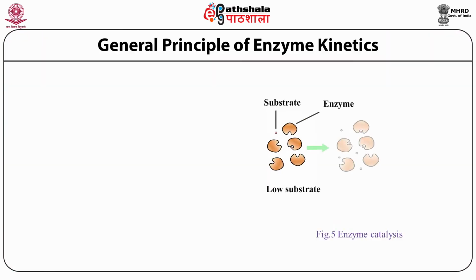As long as the substrate concentration is small enough with respect to the enzyme concentration that the turnover number is not exceeded, the reaction rate is directly proportional to the substrate concentration, that is, it is first order with respect to the substrate. If the enzyme concentration is held constant, then the overall reaction is first order and directly proportional to the substrate concentration. This serves as the basis for substrate determination. This is the general principle of enzyme kinetics.